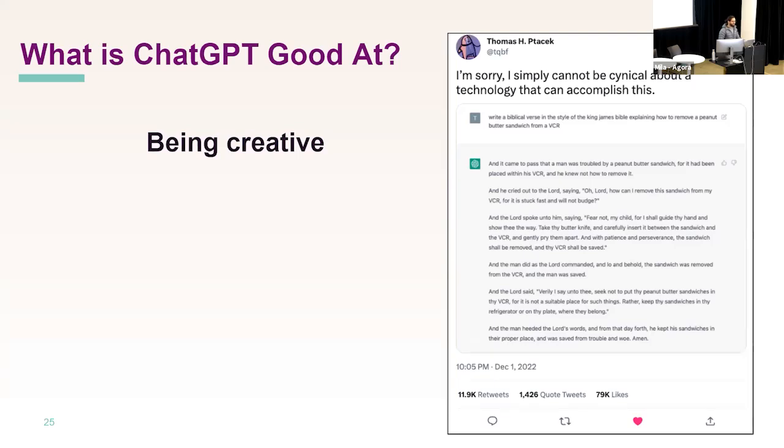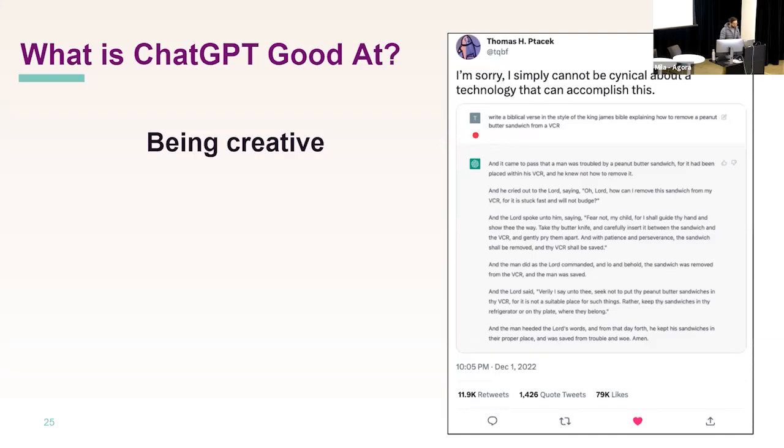Like, this is seriously impressive. So it's pretty good at being creative under certain circumstances. So here I'm going to read some of this tweet. I'm not sure, by the way, what I'm most impressed by, the fact that someone came up with this prompt or the fact that ChatGPT completed it so well. So I'll read the prompt first.